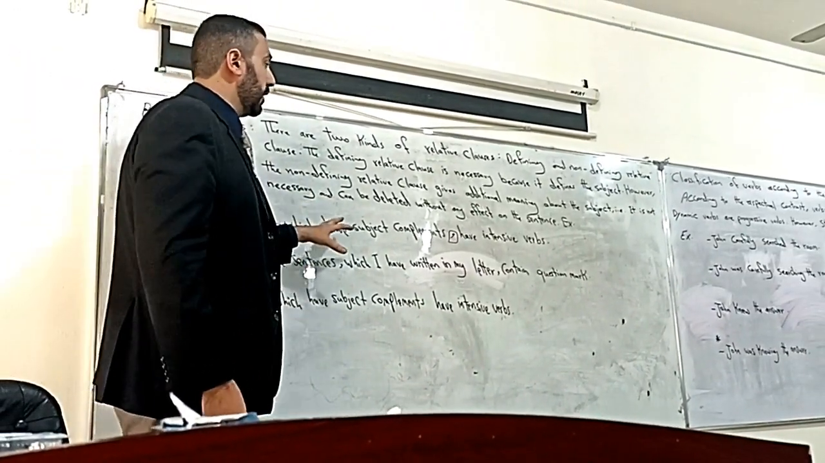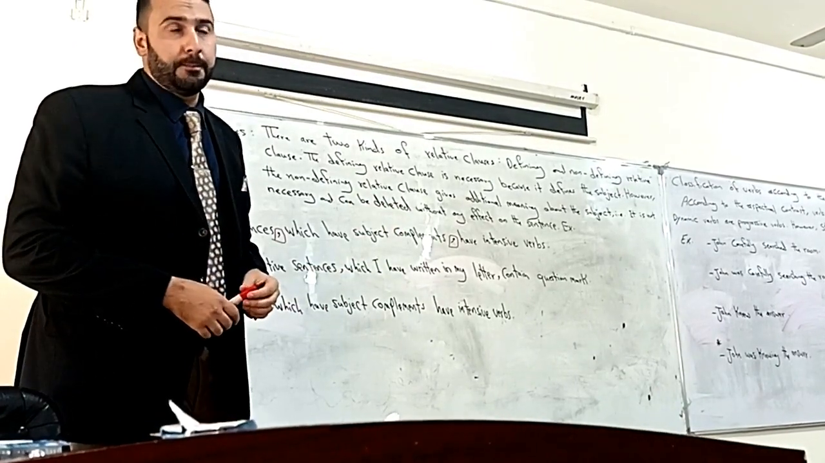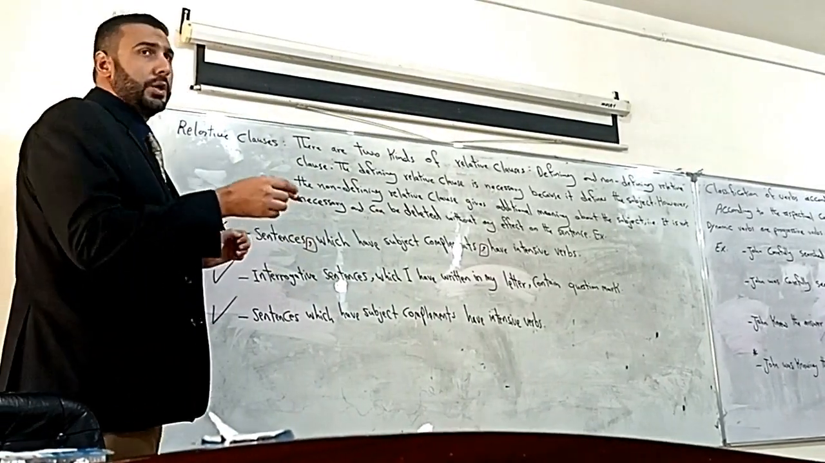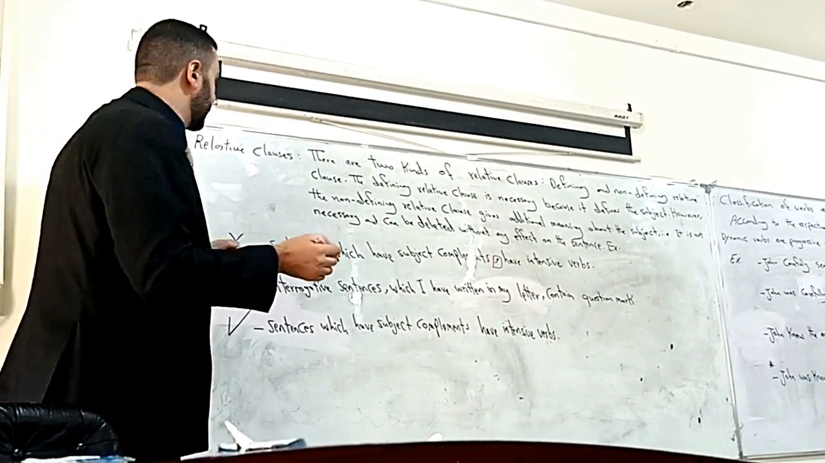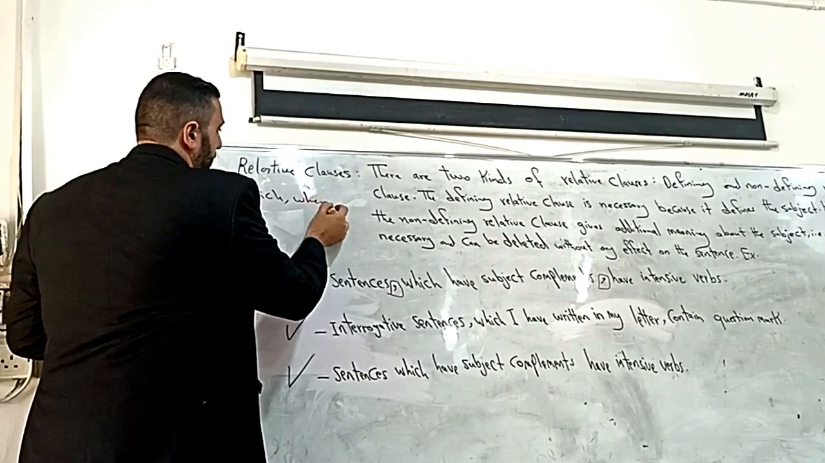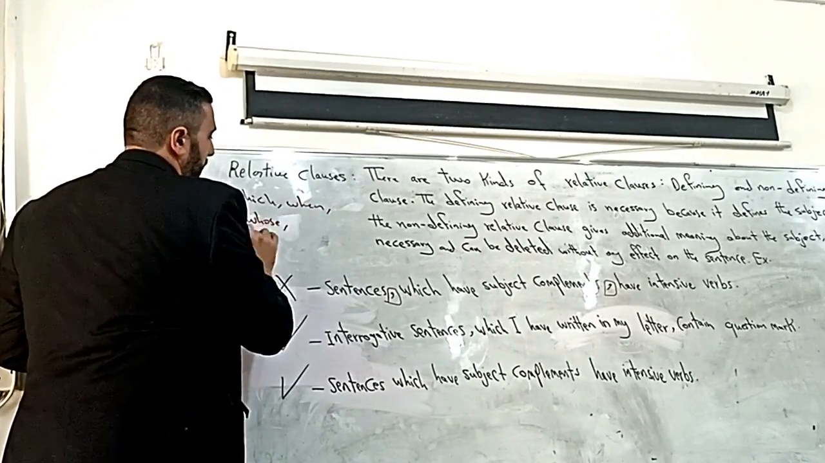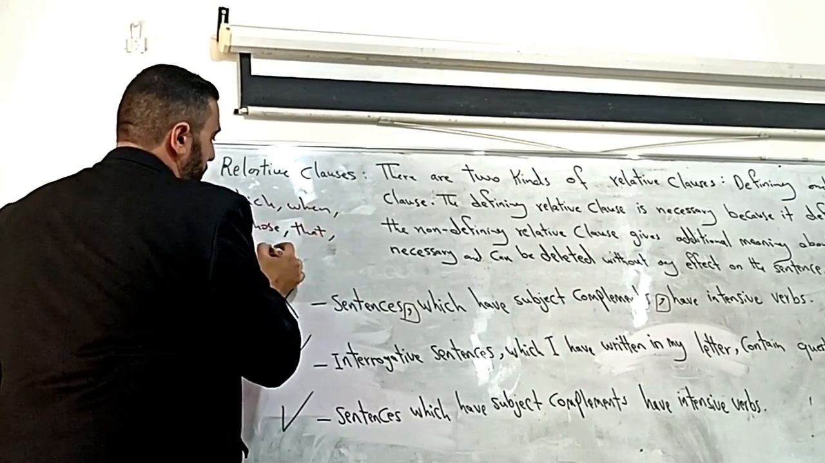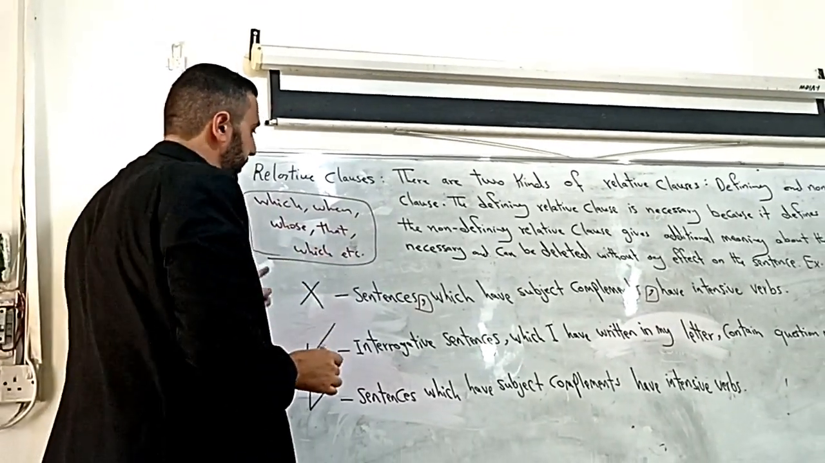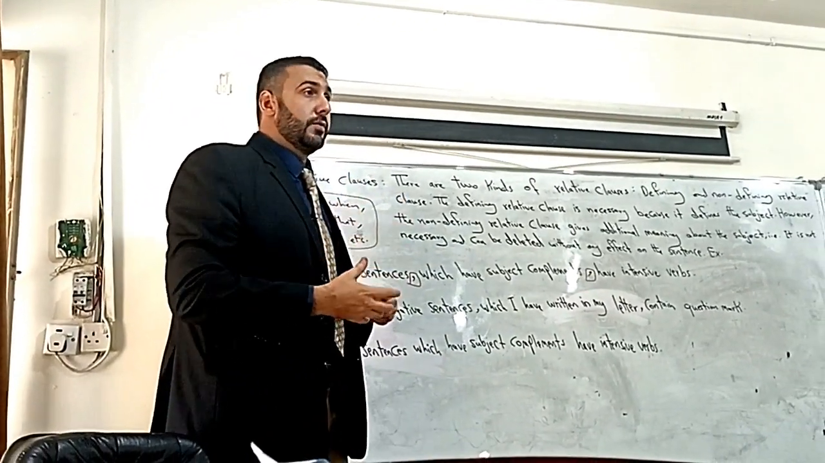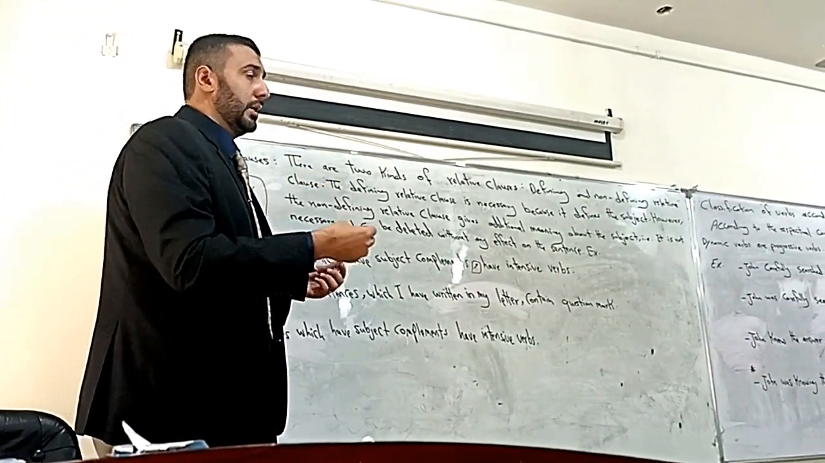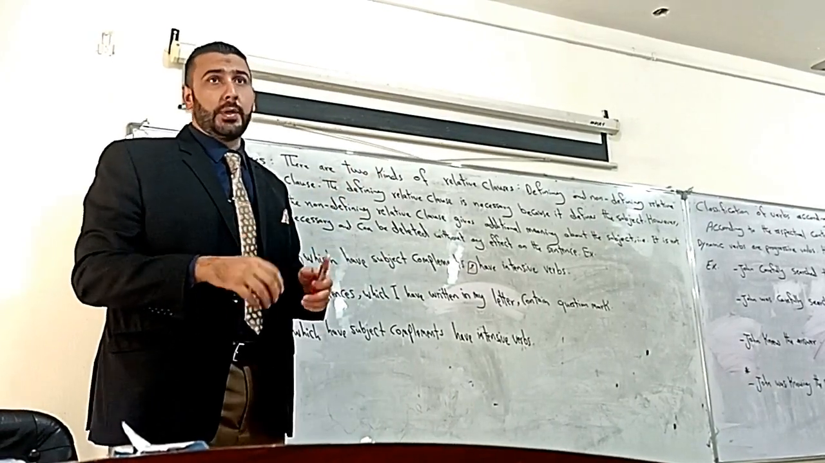Because we have 2 kinds of clauses, relative clauses. By the way, any relative clause starts with one of these relative pronouns. For example, which, or when, or whose, or that, etc. So these are called relative pronouns. So a relative clause is of 2 kinds. We have 2 kinds of relative clauses. We have either